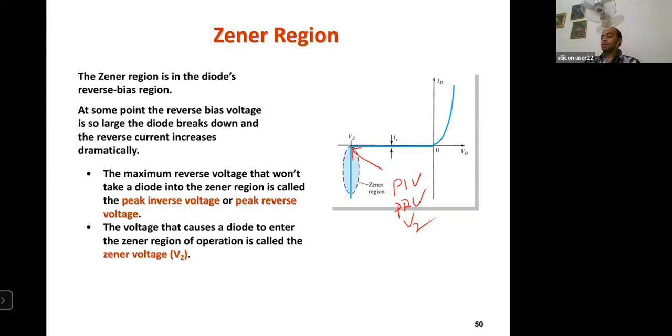Right. So this thing in this figure, actually it should not be like this. What happens in the reverse direction? It goes and gradually happens like this. Though in this figure we have drawn a vertical line, actually it is not a vertical line. It gradually becomes like this. That means you cannot say exactly at what point it breaks down. This is for a normal diode.